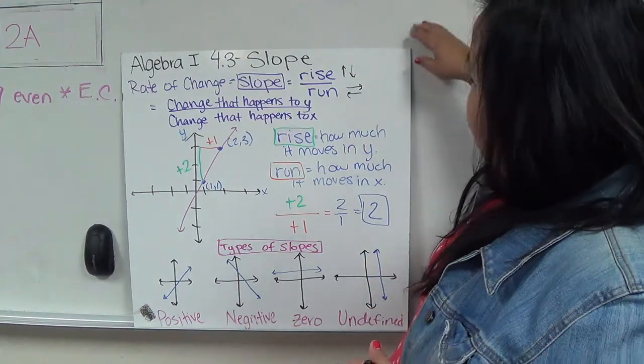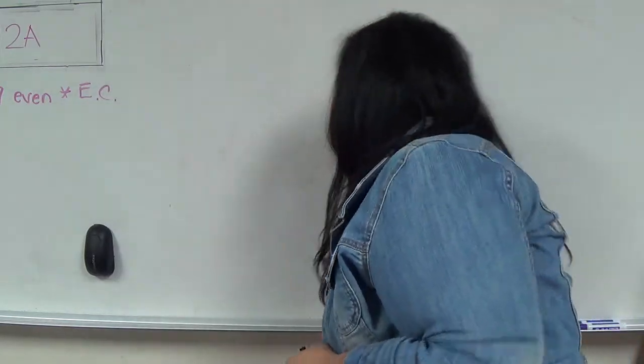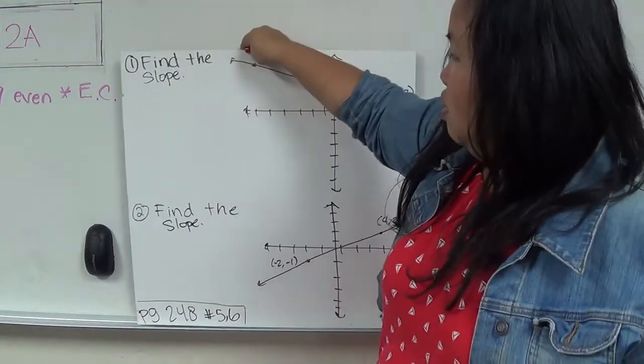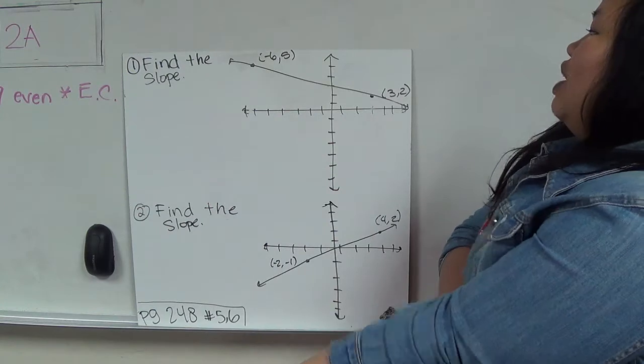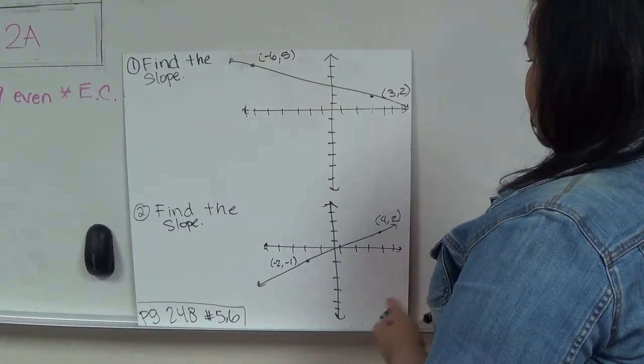So let's see if we can find some. Don't forget to write this down. And then the next one we're actually going to find. So here we go. It says to find the slope. So we have -6 over 5 and 3 over 2, and it wants us to do